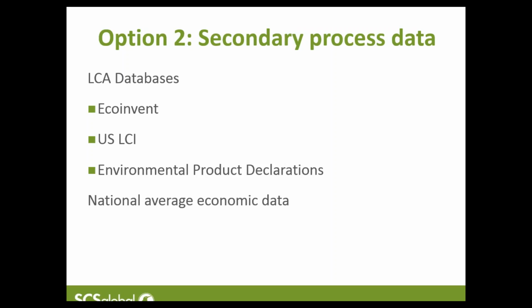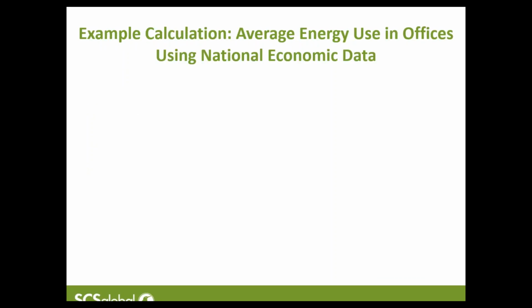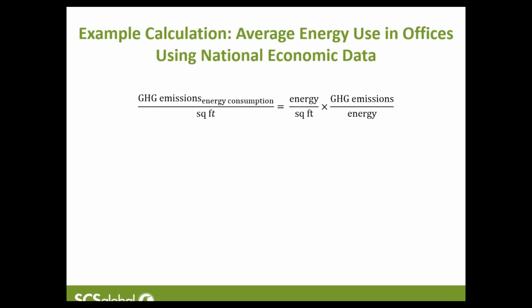You can also use things like national average economic data to begin to calculate average-level process types of spend factors. And I'll walk through an example of this on this slide. So in this specific project, we calculated the average energy use in offices using national economic data. I won't walk through the details of this equation, but essentially we were able to calculate the average greenhouse gas emissions from energy consumption per square foot of office using national average statistics on the energy used per square foot of office across the country, and then simple emissions factors for the greenhouse gas emissions per energy